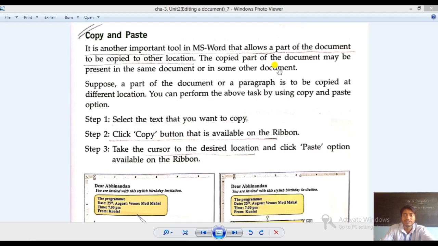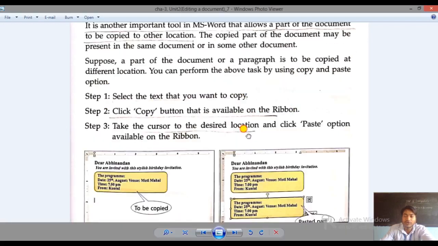The only difference is that in copy and paste, the copied text is not removed from the original location. Suppose a part of the document or a paragraph is to be copied at a different location. You can perform this task by using the copy and paste option.